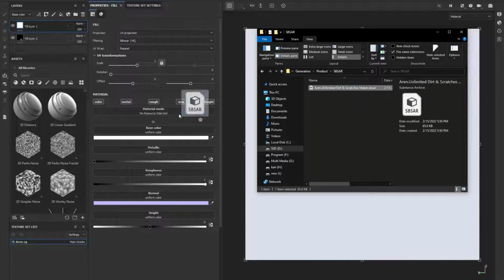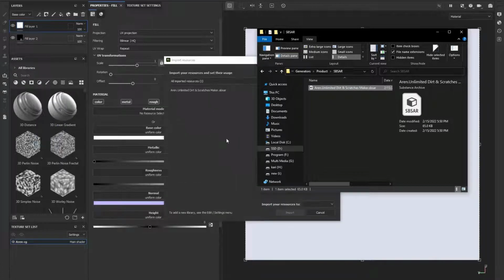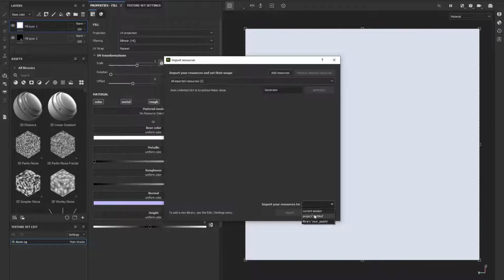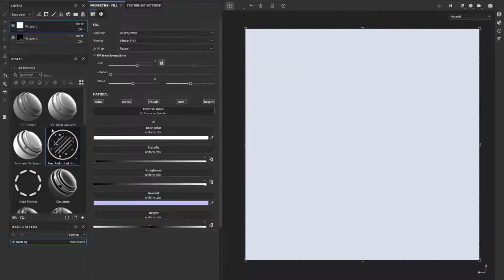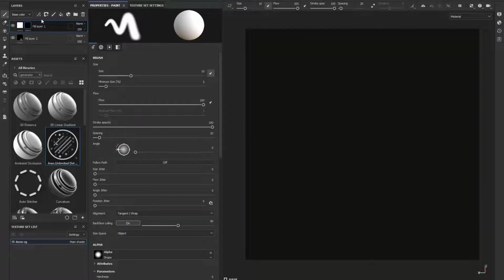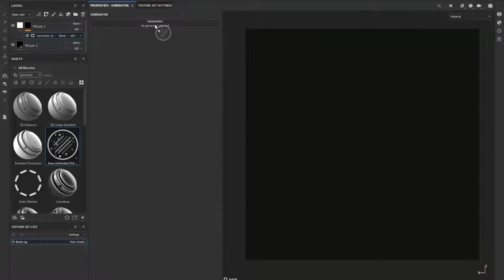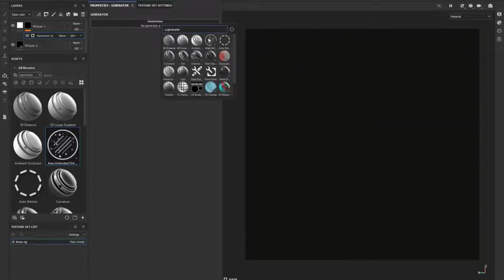Hello, let's see what this new generator has and what we can do with it. First of all, you should import this into your Substance Painter, and then you can add the black mask. After the black mask, you can add a generator. So you can choose that from the generators, and then